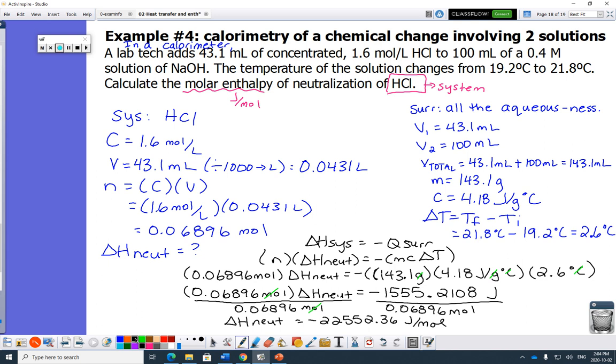Grade 11 cow. I can't even talk about it. Okay, so